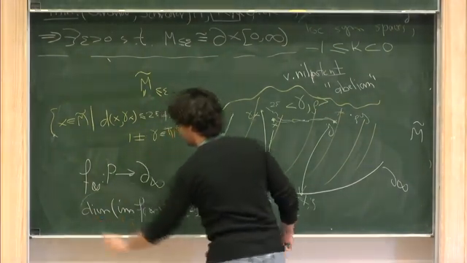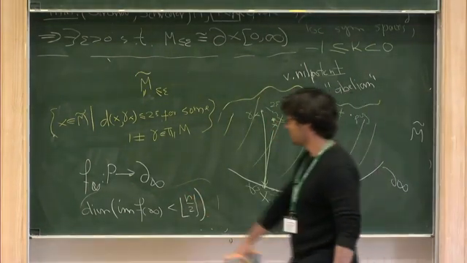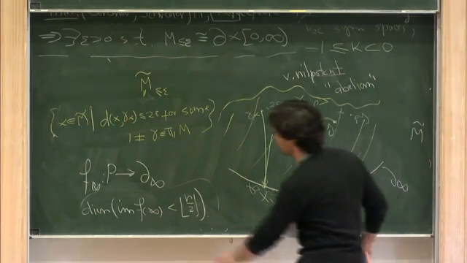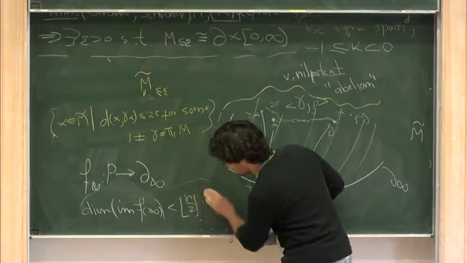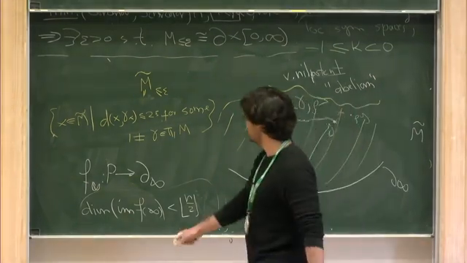Where this dimension is, again, this boundary at infinity has a Tits distance. It's a Hausdorff dimension in that Tits distance. Okay, and so the last thing that I want to tell you in the last 10 minutes is that,